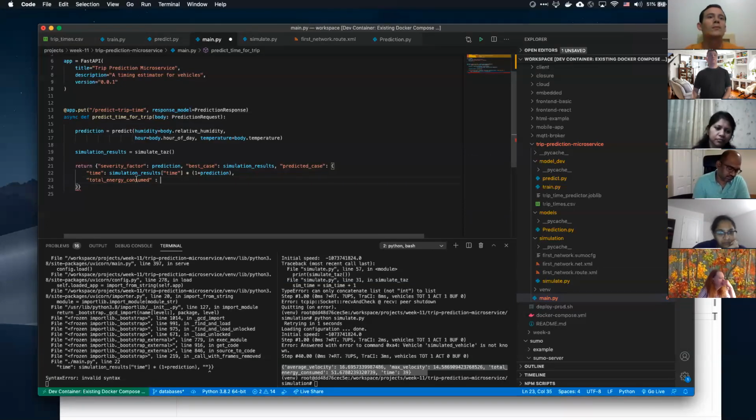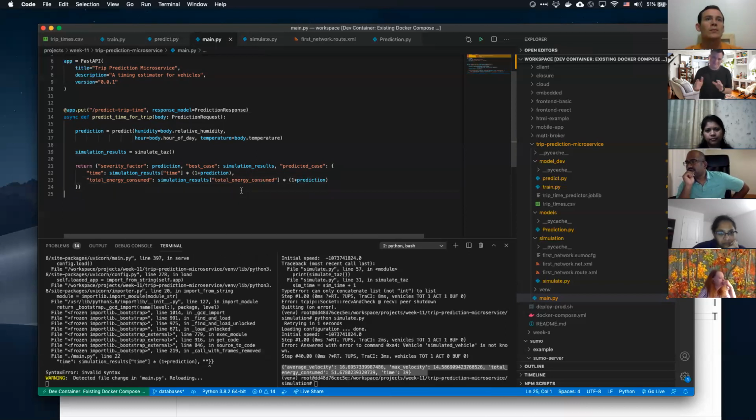We can actually do the same thing, right? Because we can do simulation results of total energy consumed times 1 plus our prediction. Now, is that actually accurate?